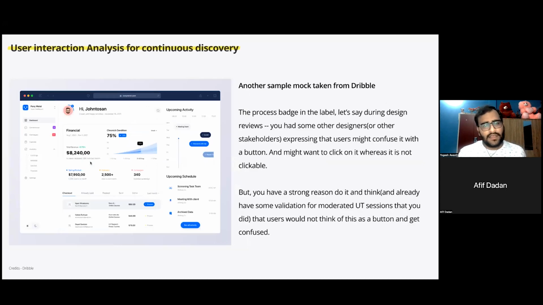Another example. I don't know what this design is for, but this status tag looks like a button to me. So the process badge in the label. Let's say during design reviews, another designer expressed that users might confuse it with a button, but you designed it and think users won't. You also did a moderated test with 5 users and they did not confuse it with a button. But then maybe you have that feeling, and maybe